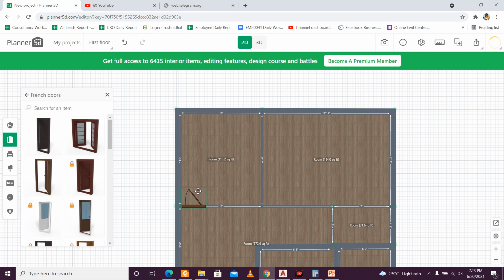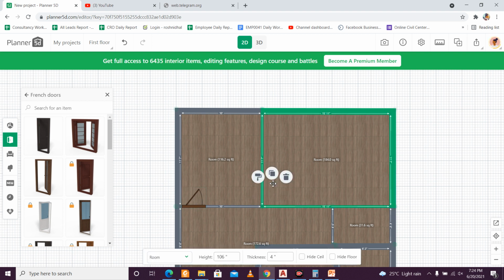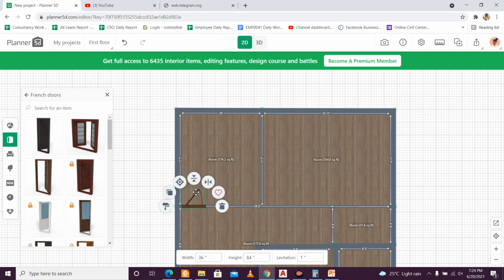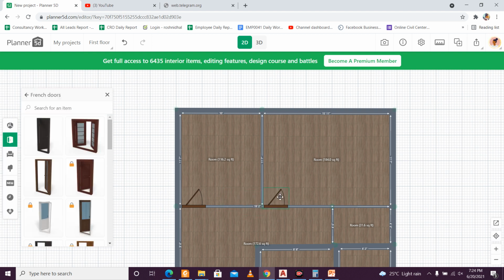and let me see if it gives me the option of changing this. Okay, it has the option of changing the way it opens. So I think I want to go with this one. It will open along this wall, so it is pretty good, this kitchen door. And I want to have a similar door for my bedroom as well. I'll just double click on this, and let me see if I can make a copy of this. This is the copy option, I suppose. So I'll just simply copy this to here, this bedroom.